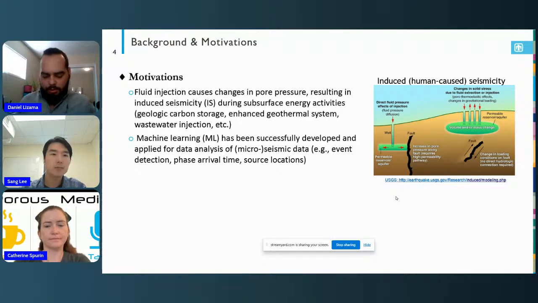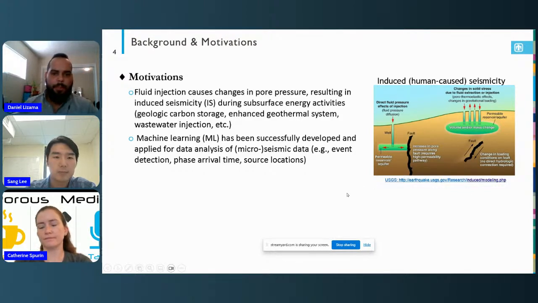The fractures start to happen. So they could be happening on new fractures, or I can induce new fractures, and they could happen on old fractures that are already in the subsurface. So then, to attack these types of scenarios and learn more about the conditions, we apply machine learning methods